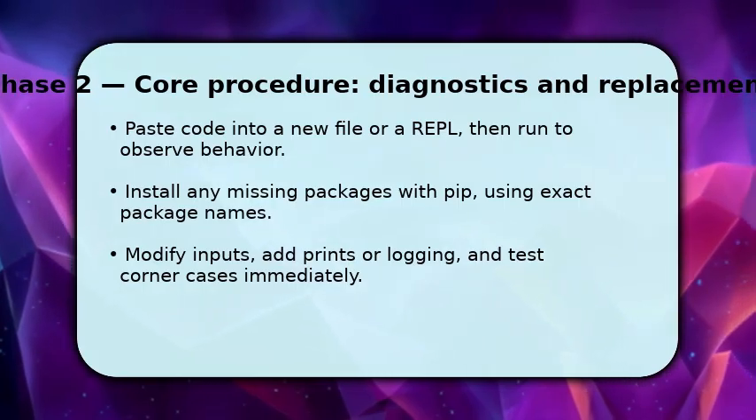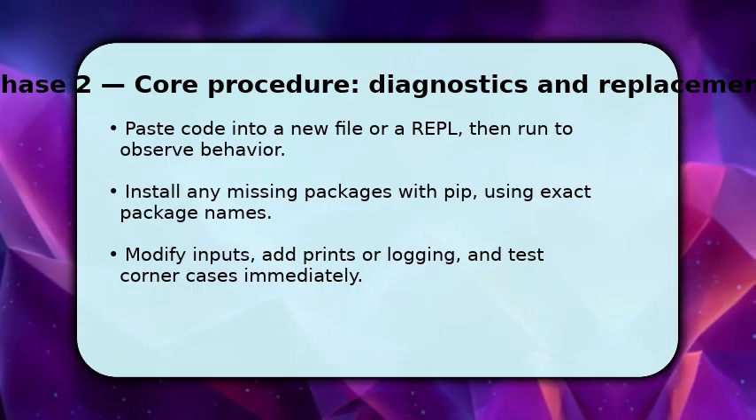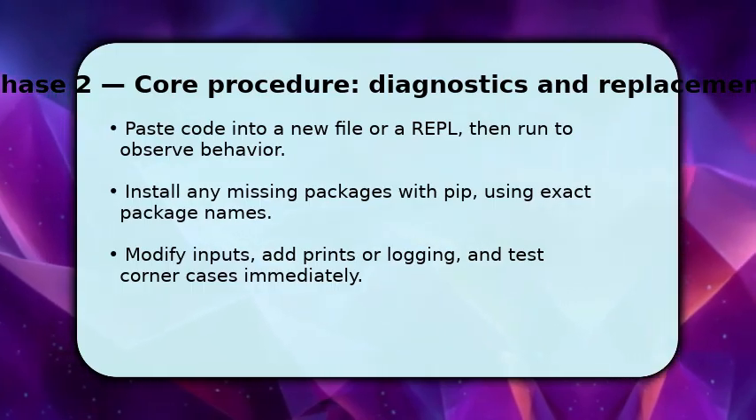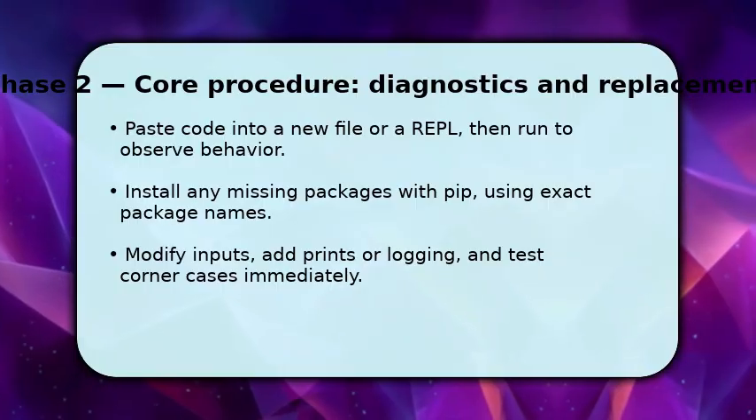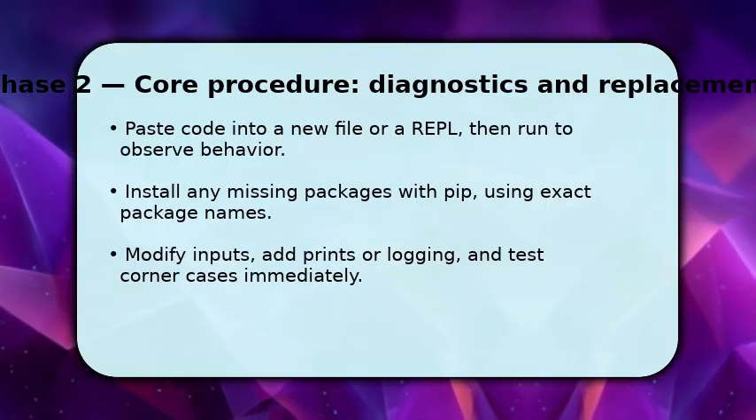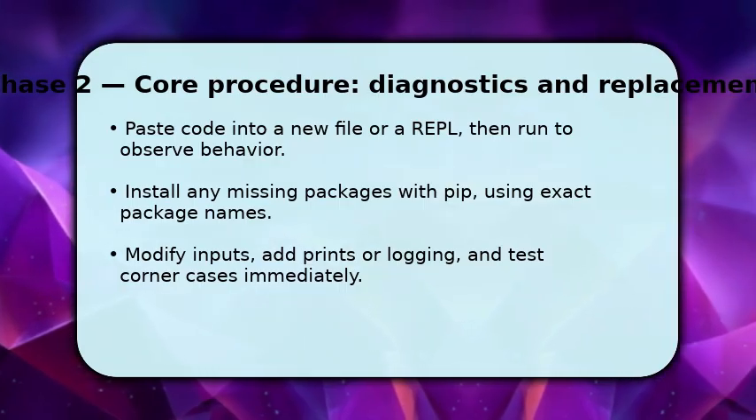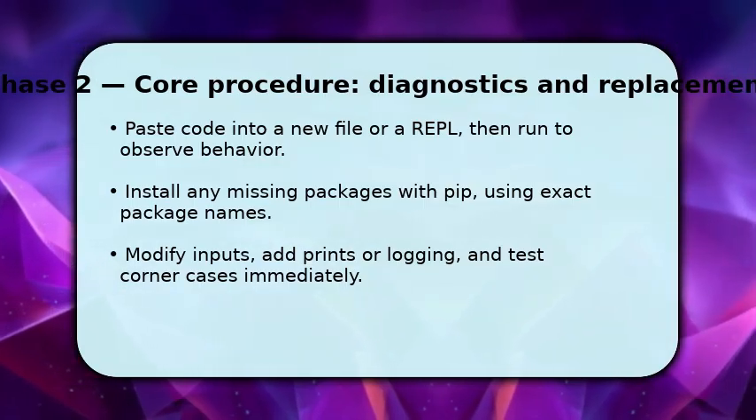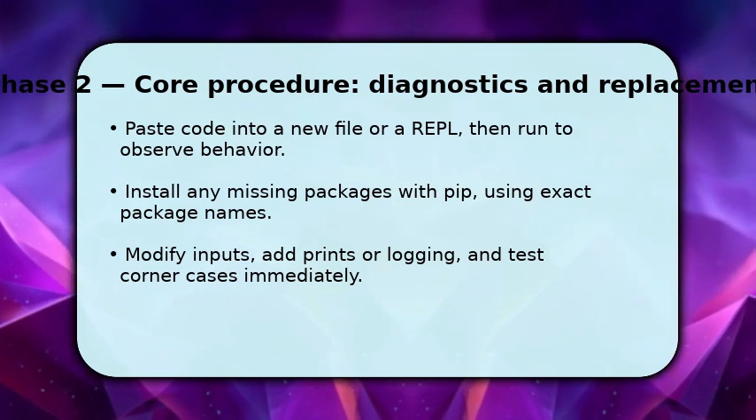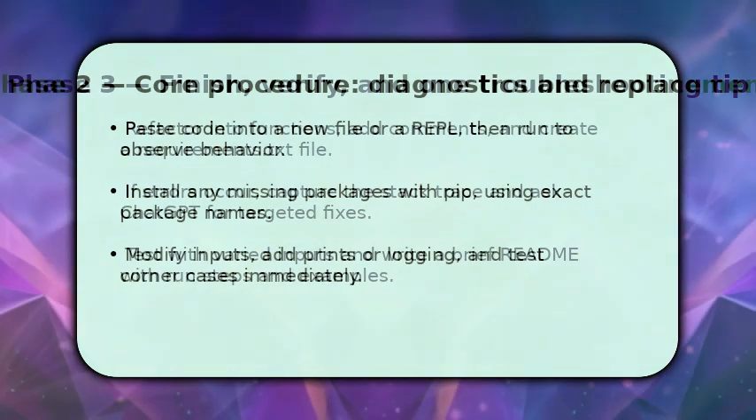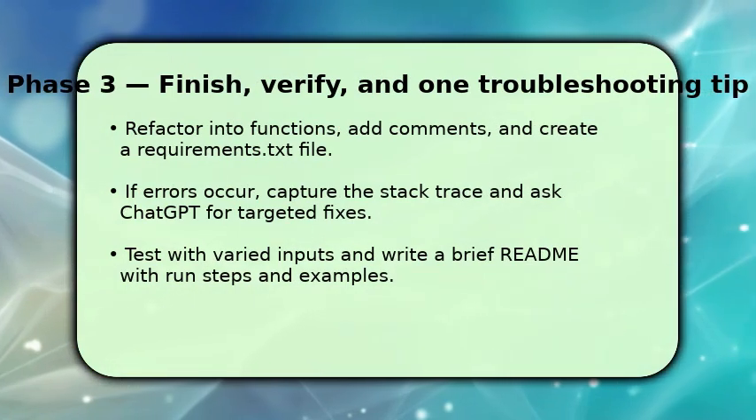Once the script runs, adapt variables and add print statements or simple logging to trace logic. This iterative testing clarifies how each part behaves and lets you refine inputs and edge case handling until results match your examples. Finally, you finalize by refactoring the script into clear functions, commenting key steps, and creating a requirements TXT